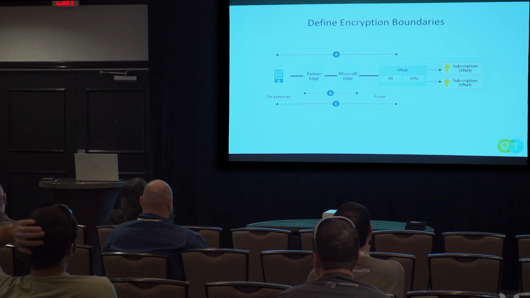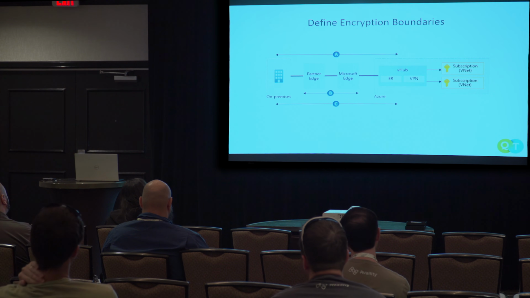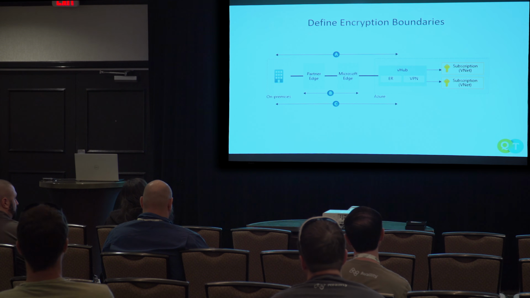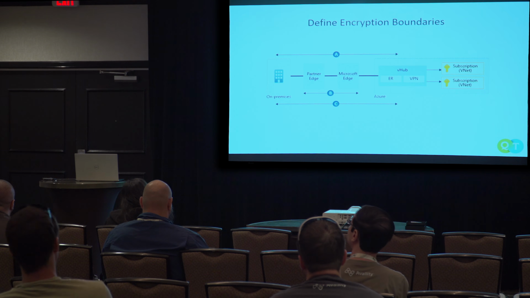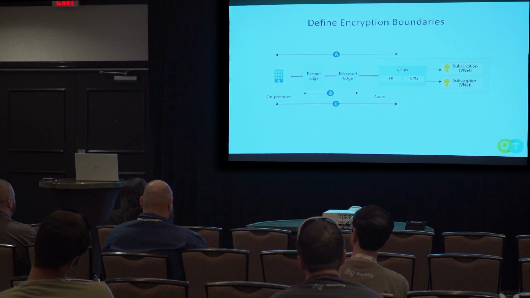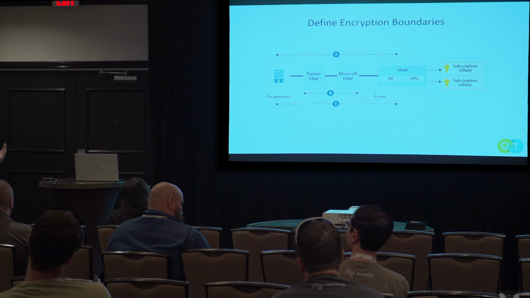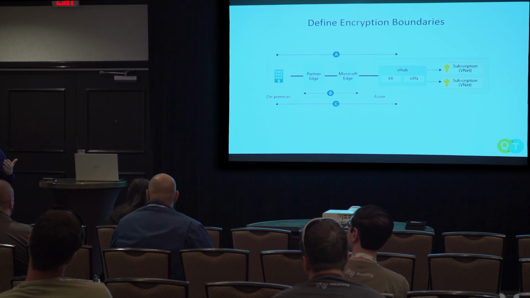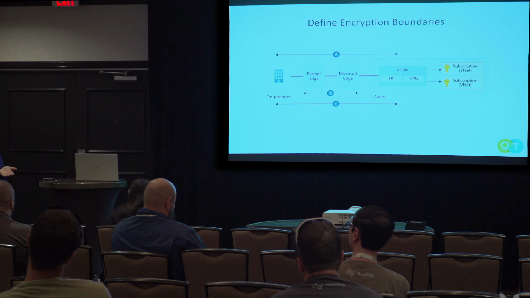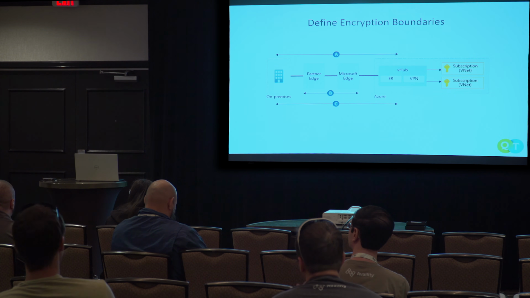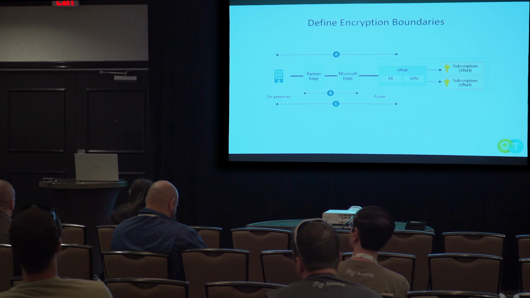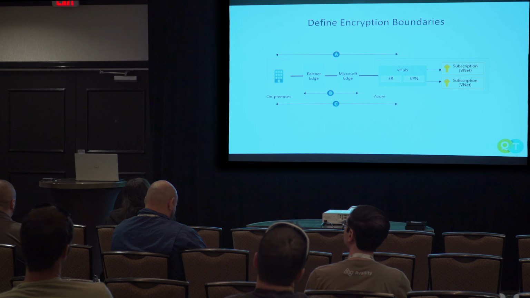You're going to want to define your encryption boundary. This just depends on corporate policy and how much tinfoil they need to wear. So if you have a Kubernetes cluster, do you need encryption once we're past the ingress controller? It's up to you. You just have to define those, talk with security, see what they feel comfortable with, right? When do I terminate my encryption when I'm having that over-the-wire communication?